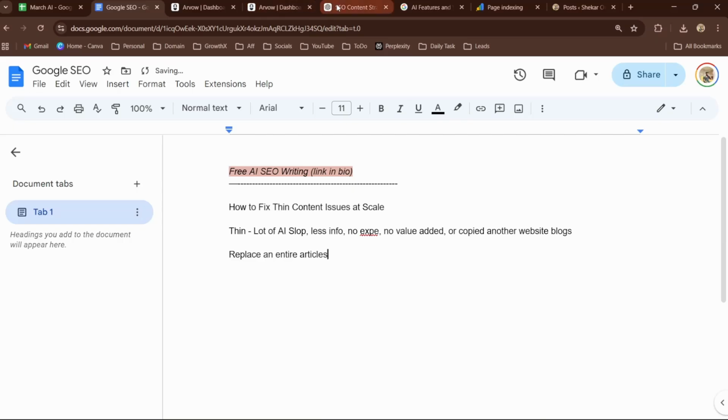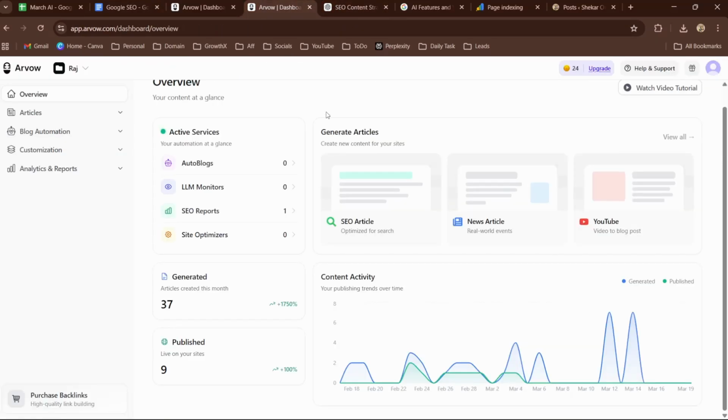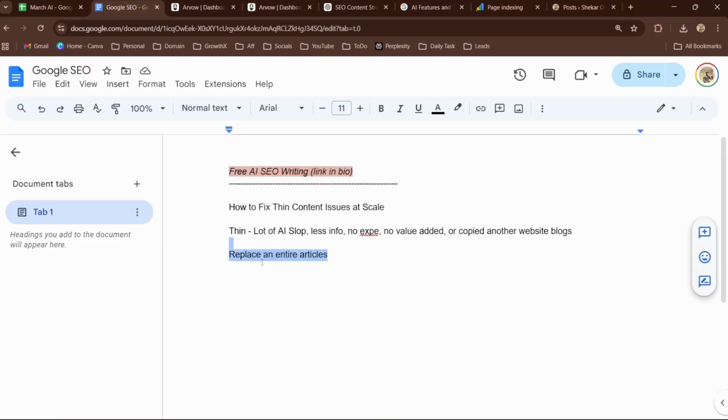I mean, you can use tools like ChatGPT and also add this prompt at the end, or you can use tools like Arval. The link will be in the description. So replace an entire article and submit